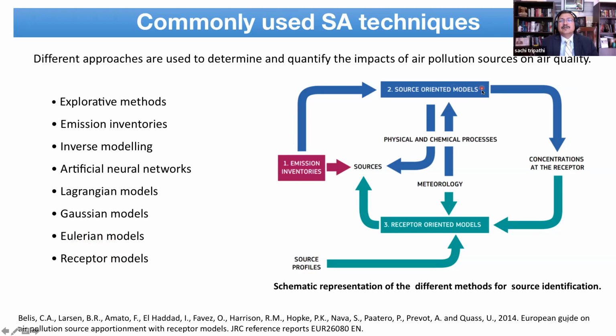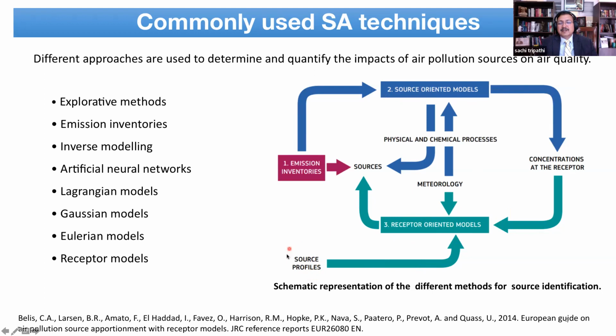Then the source oriented models, an example of that is WRF-Chem, where you have a meteorological driver coupled with a chemistry module. And this is a forward approach. This is going to give you concentration at the receptor. Okay. The second approach is, of course, receptor oriented models, where you have collected information at the receptor side, but